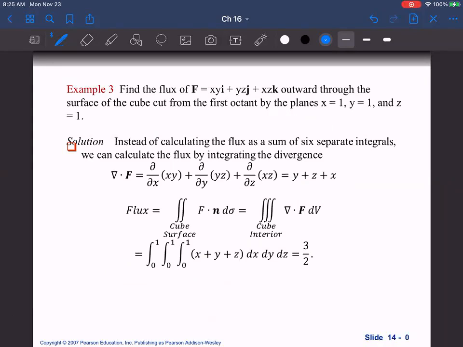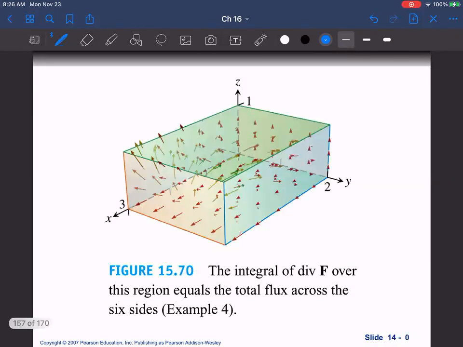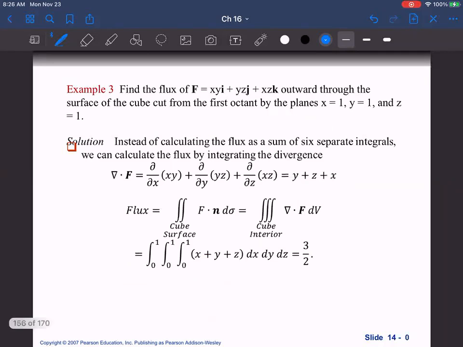divergence there of the field, which we should be getting pretty good at now. It's just dot product in those partial derivatives. It just gives you y plus z plus x. And then you come down here and just do a triple integral. Now this is going from 0 to x is 1, 0 to y is 1, and 0 to z is 1, because that's where we're bound here, right? It's in this first octant here, right? And so that's what we're going to integrate over,